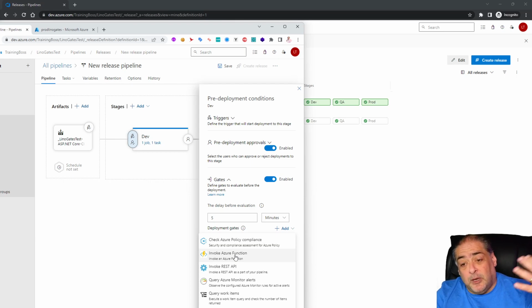And based on the response coming of it, if it's not 0, we can keep going. If it comes back as a 0, or whatever the value of the response is of the Azure function, we cannot keep it going. So that's a great thing. The other one that I use a lot, which is actually a lot of fun, is to invoke a REST